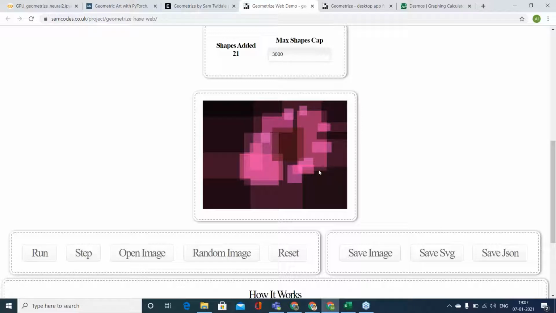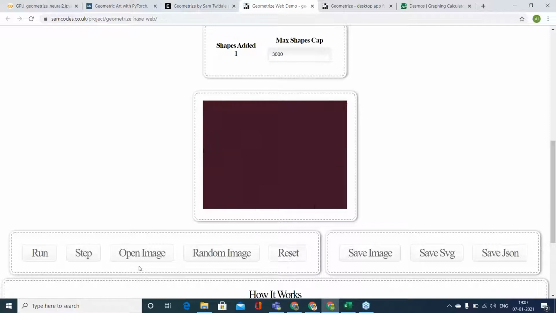I give an input image and it reconstructs that image. But if you see how this algorithm does it, it puts one square, one rectangle here. Now how does it decide the position and the size and the color of this rectangle?